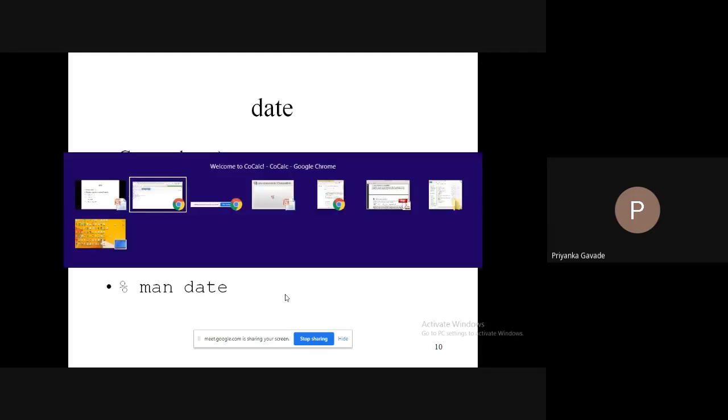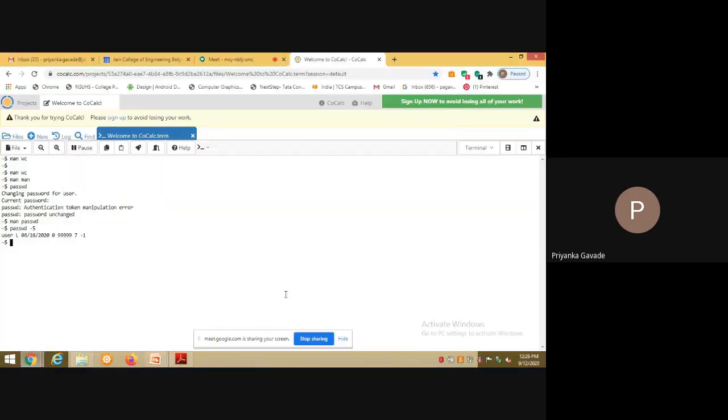So let us move on to the terminal. Let us key in the command date. So today's date is September 12, right? Am I correct? September 12 and today is Saturday, right? So the date command is going to give us the current date.